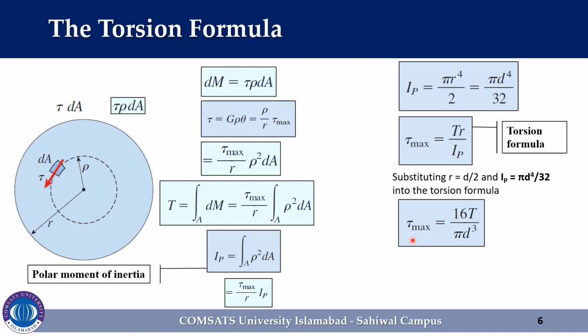The shear stress at distance ρ from the center of the bar is tau, as we already discussed in previous sections. Tau is equal to ρ over r times tau max. And as we know that the torsion formula is tau max equal to Tr over Ip, replacing tau max, the equation becomes T ρ over Ip. So this equation is a generalized torsion formula, and we see once again that the shear stresses vary linearly with the radial distance from the center of the bar.